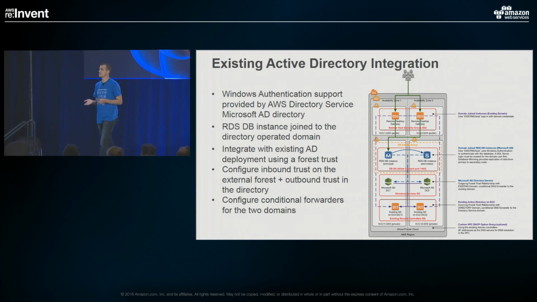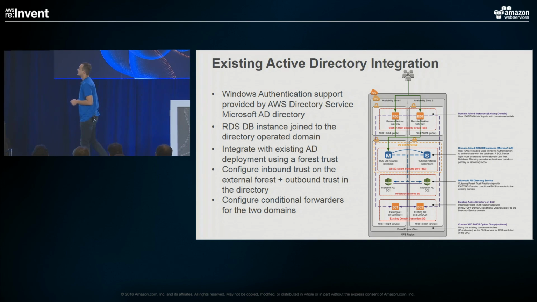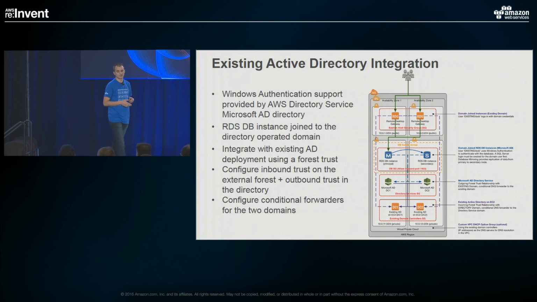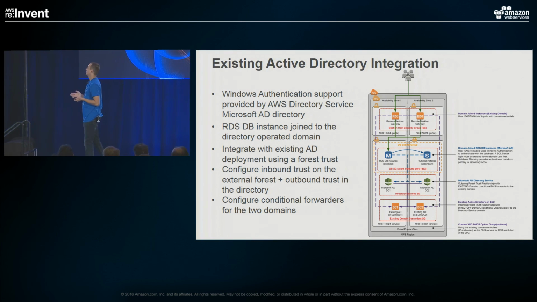The simple way to set that up, you would have to configure an inbound trust on the external forest, on your external domain, and an outbound trust on the directory. And you also configure conditional forwarders for the two domains to make sure that DNS is propagated properly between the two environments. And then you can take this architecture and extend it into a hybrid deployment,